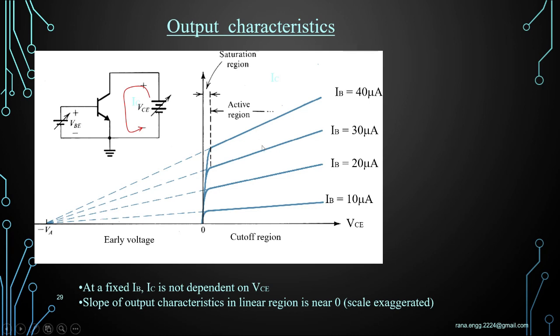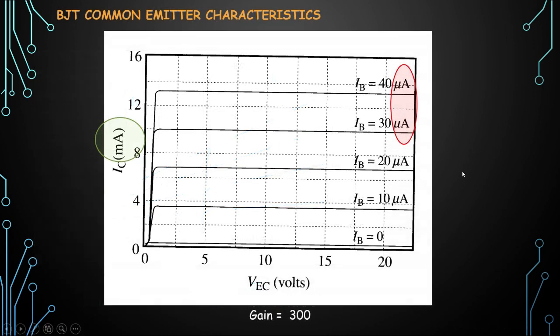So this is the active region, when the device is active, but one limit comes when the circuit goes into saturation. When both the sides are forward biased, then that region goes into saturation. This output characteristic is very important, you have to practice it for the examination, input characteristic and output characteristic.